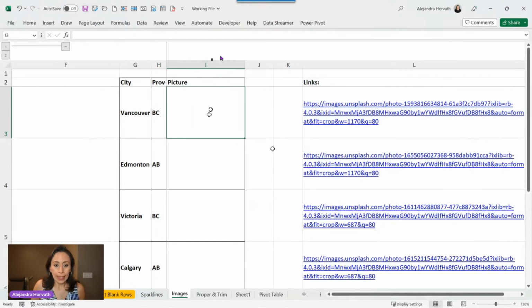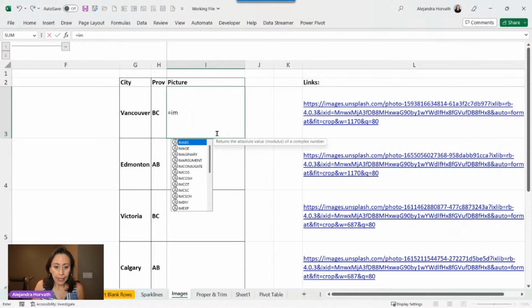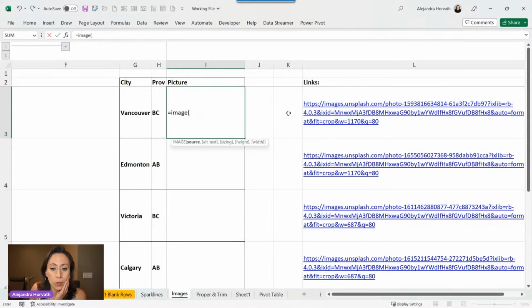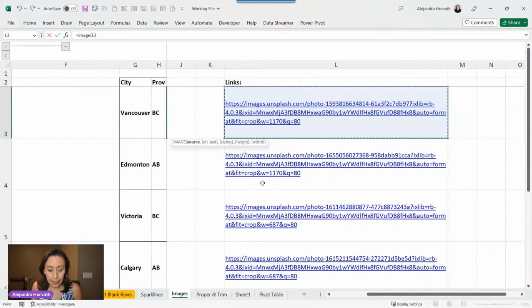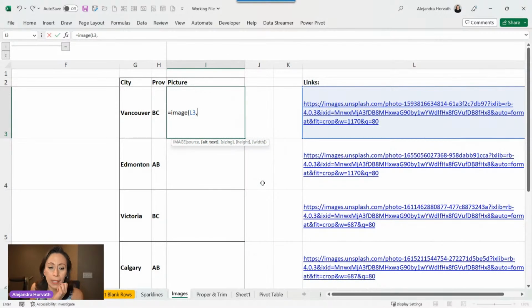So let's say here in cell I3, I'm going to say equal IMAGE. This is the new function. Open parentheses. What is the source? The source is going to be my cell, okay? This cell L3, that's going to be the source for this function. So I'm going to select that, comma, and I'm going to press Control Backspace to go back to my active cell. And it's asking me for an alternative,